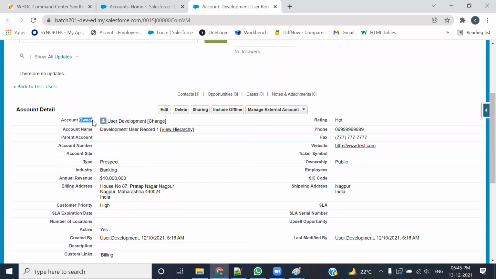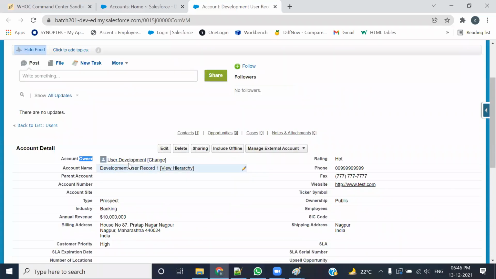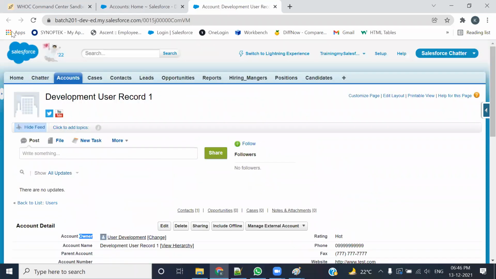Who is the owner? He is not the owner. See, he is the training batch user, but he is not the owner. Then who is the owner of this? The owner is actually the development user. Still, this person has access. Okay, and this should be the case, because he is the manager, he should have the access. Alright. Then after this,